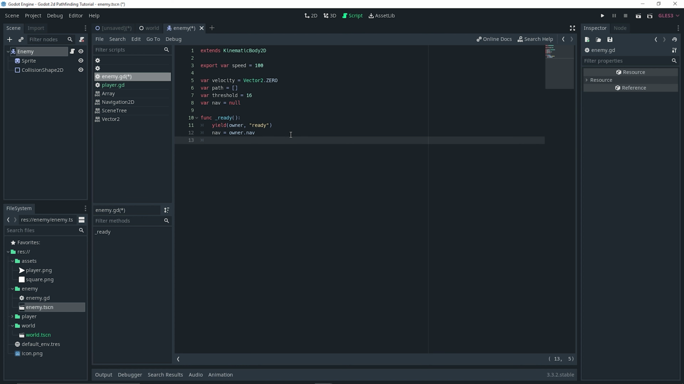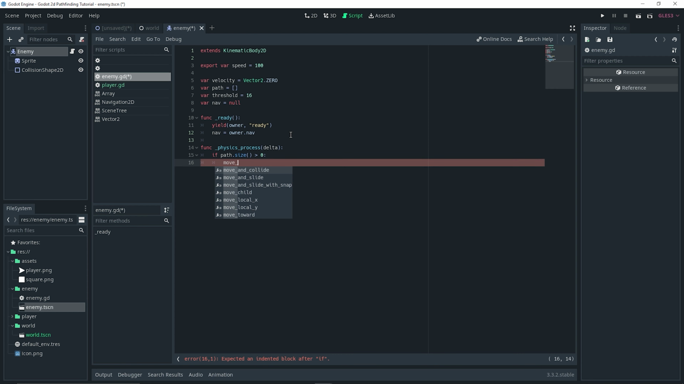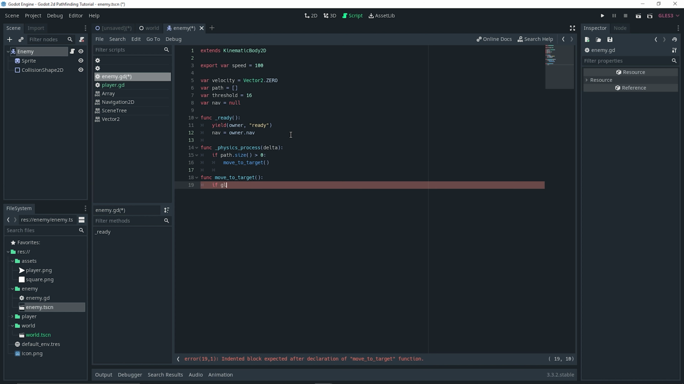In this case, the owner is going to be the world. Anyway, after that, we want to do func _physics_process(delta), and inside this function we want to do if path.size() is greater than 0, we want to do move_to_target, which is a function we're going to make right now. So func move_to_target is simply going to do if global_position.distance_to(path[0]), so the first index of my path array, is less than the threshold,